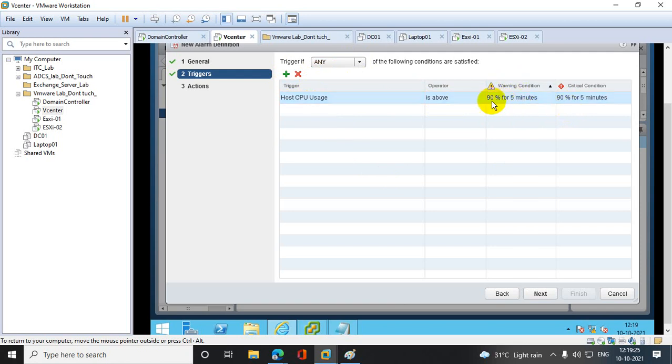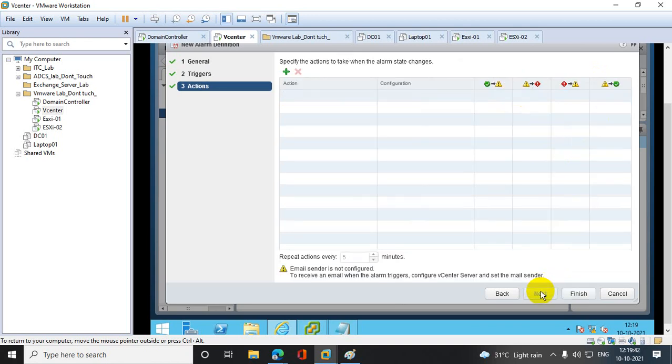So the warning will come at 90% and above. If it stays at 90% for 5 minutes, it comes as a warning, and the critical value will be 94% or 93% for 5 minutes.